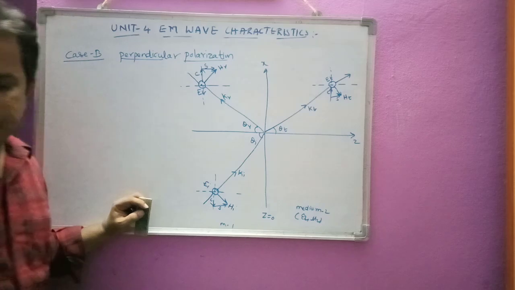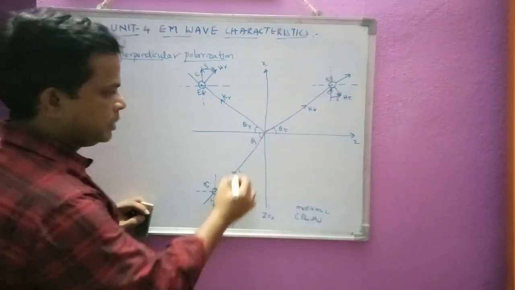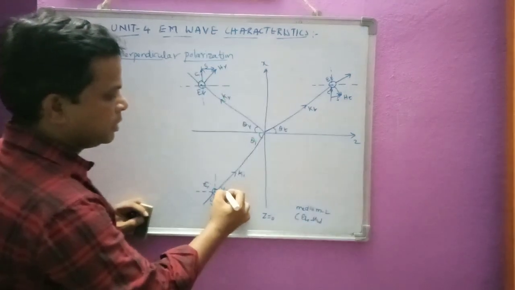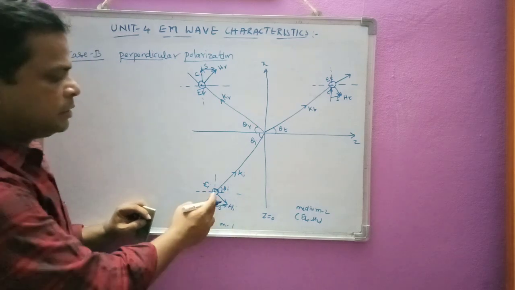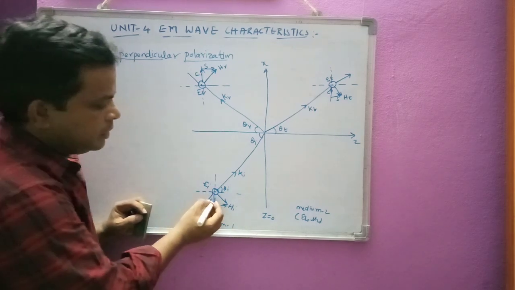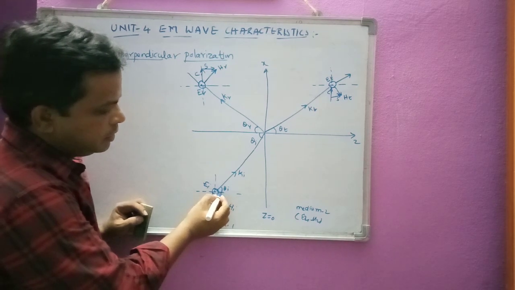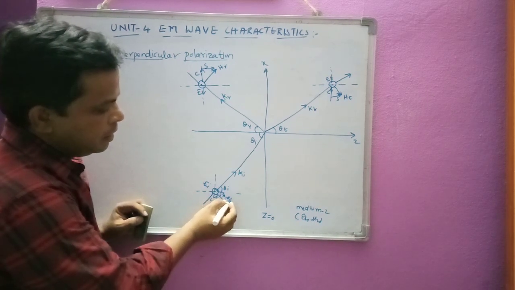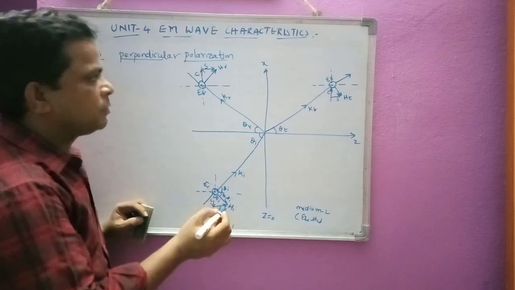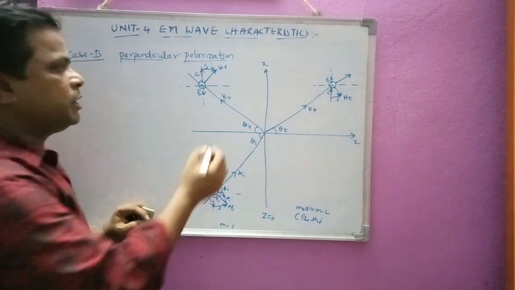And as we have seen in the diagram, this is angle theta I. This will become theta I. And as these are perpendicular to each other, I can write here 90 minus theta I, and this will become theta I here. Okay. Similarly here also it is the same.